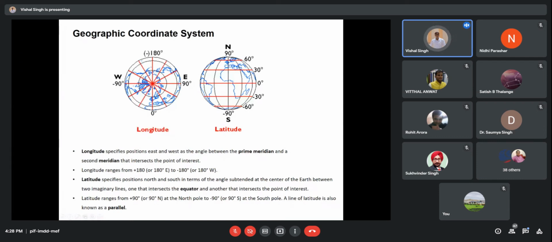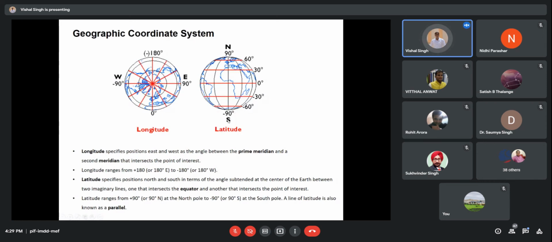Here you can imagine what the longitude values and latitude values are. As I have told you, if you move from the south direction to the north direction, your latitude values will change.